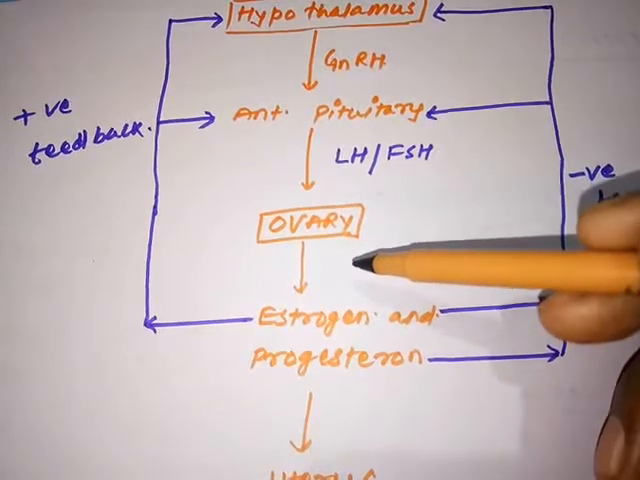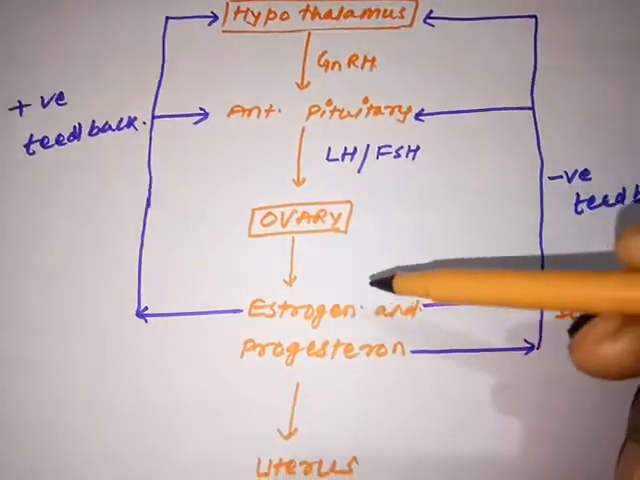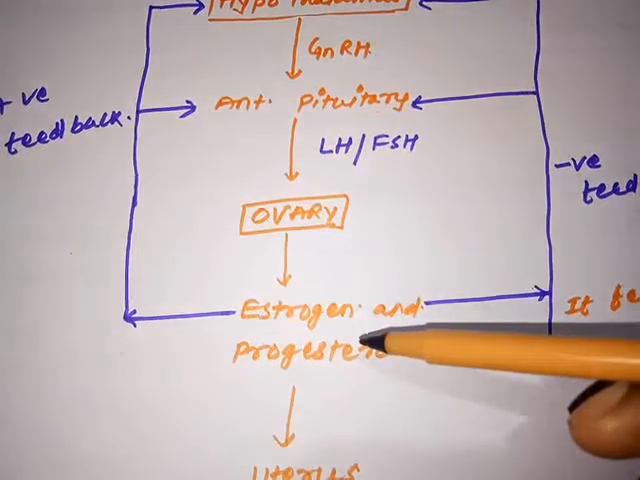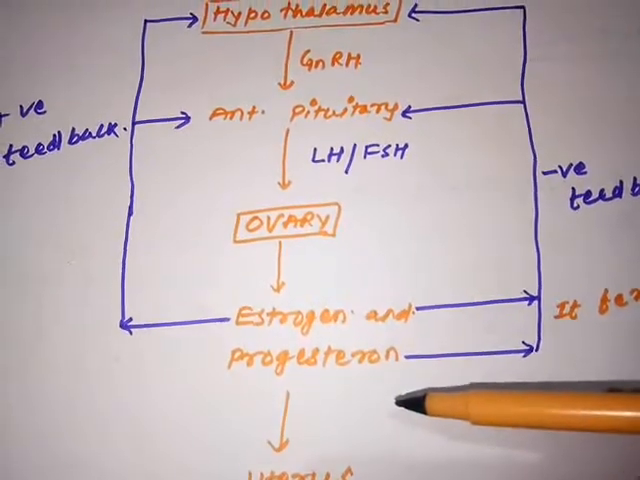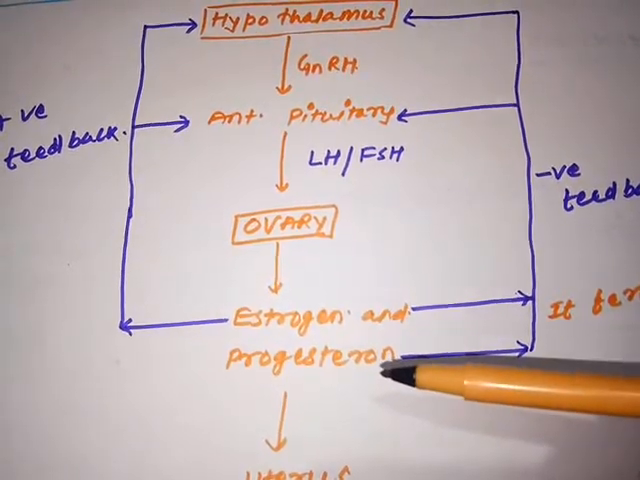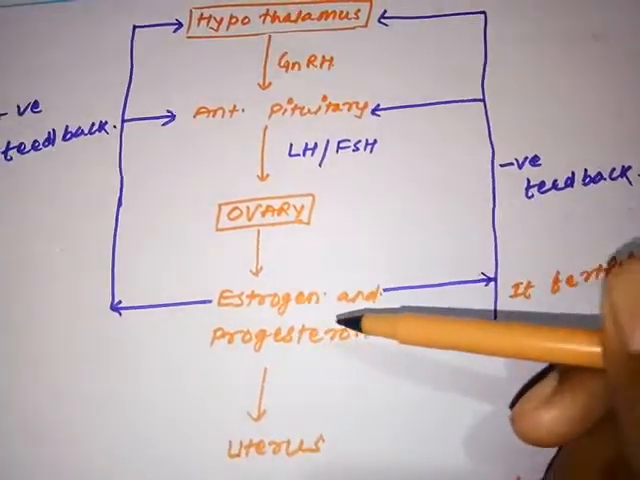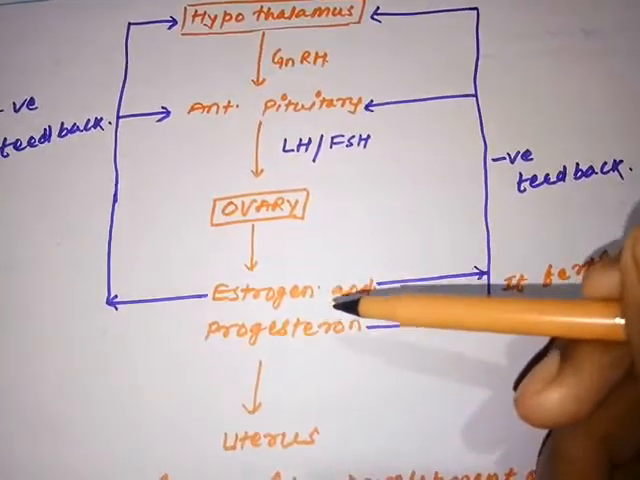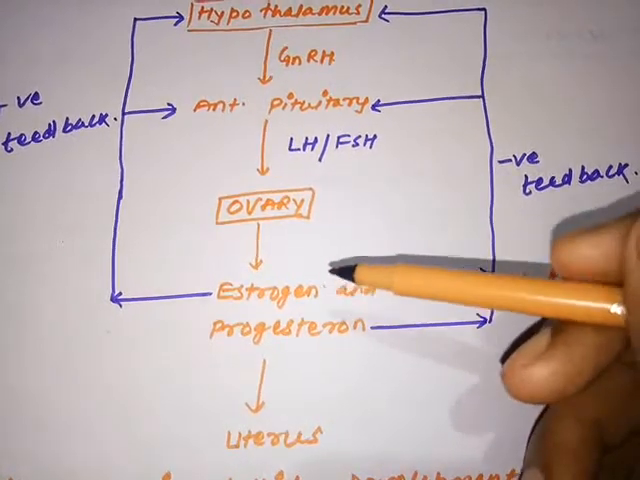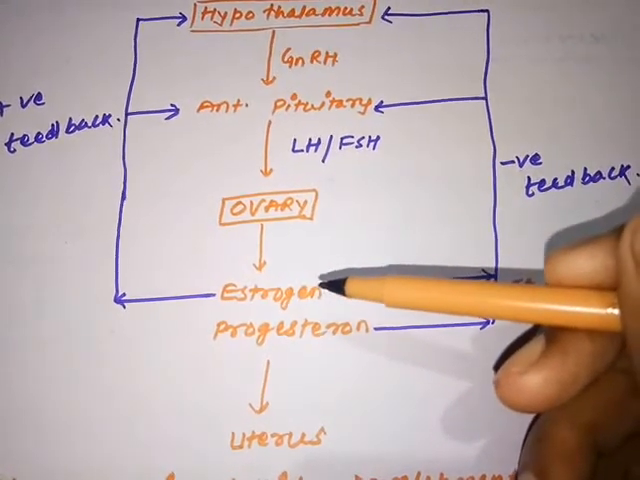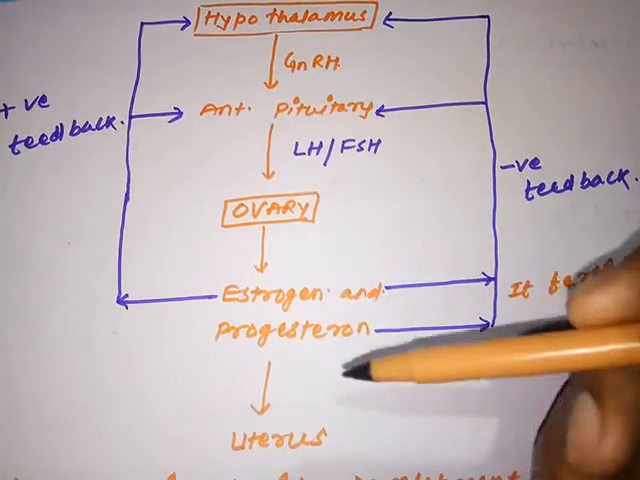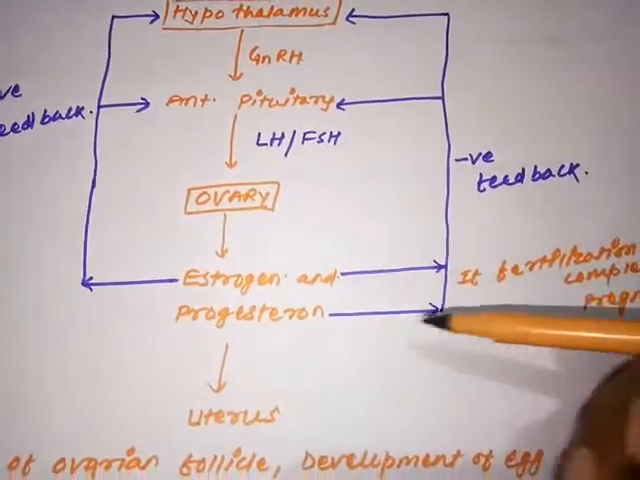So they both are acting on the ovary, and the ovary in turn is going to release two hormones, called estrogen and progesterone. Now what happened? Progesterone and estrogen are continuously helpful in the formation of the follicles, development of the follicles, and the process of fertilization. Remember, but if